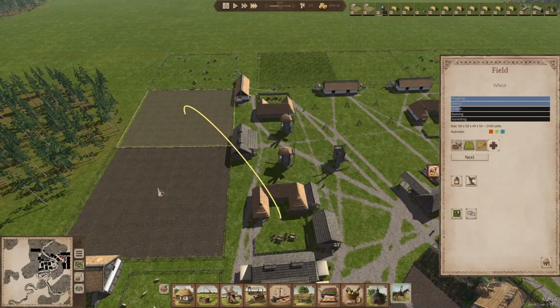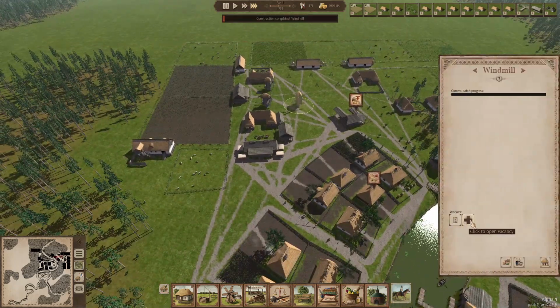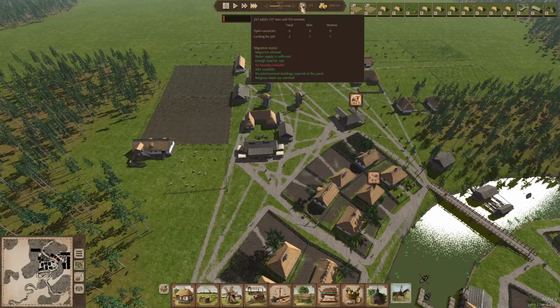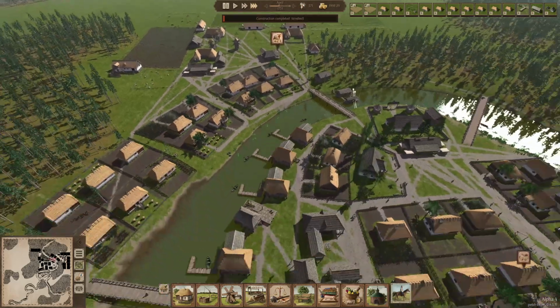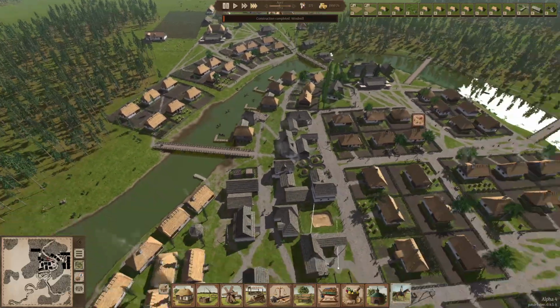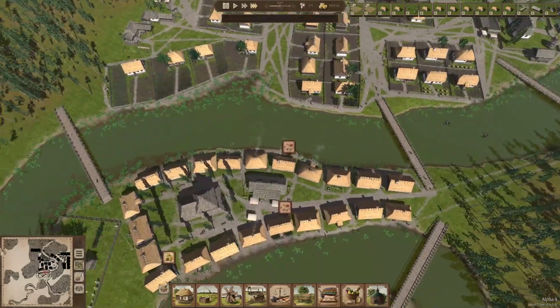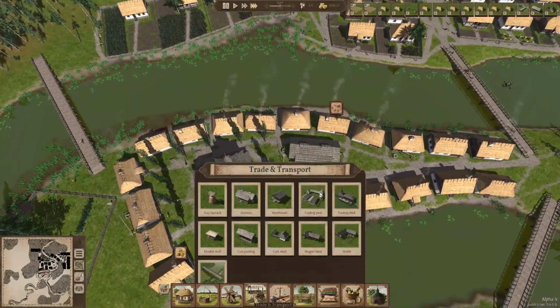Oh, these fields are already plowed as well, so that's nice. So that should fix a lot of problems that we're having. Still short of people, of course, so we're going to build a few houses next. But it worked. Now we have a little issue because I forgot to put an extra market stall in here